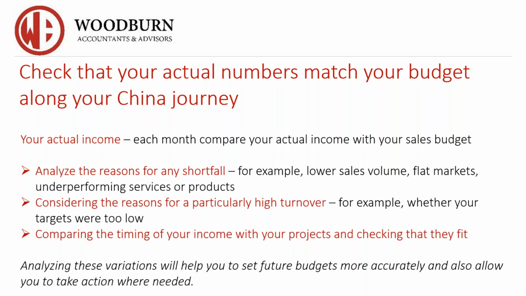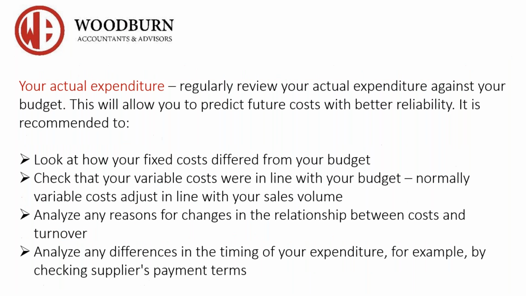Do you need to cut headcount because you're not reaching your revenue levels, right? If you're not reaching revenue levels, we're gonna have to cut costs somewhere. Are you gonna have to renegotiate with certain suppliers to get cheaper fees, right? You've got to analyze all of these things very, very carefully as you start operating in China and once you have your company. And the budget should act as that tool for you to be able to make these types of analysis. So according to your actual expenditure, are you analyzing your fixed costs? Are you analyzing your variable costs? Are you analyzing cost against turnover, etc.?